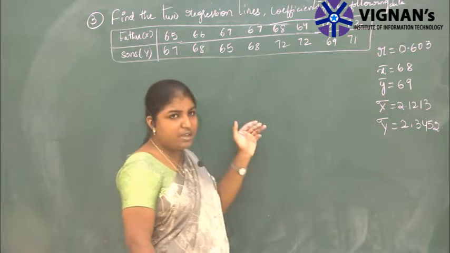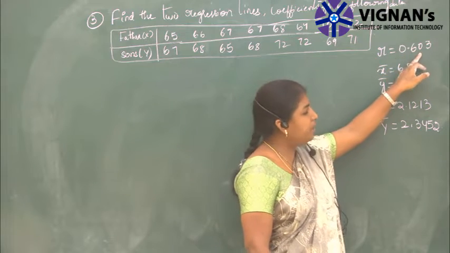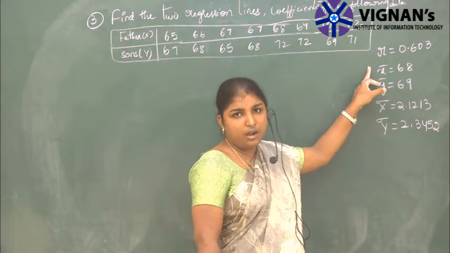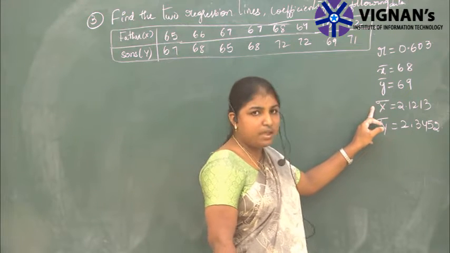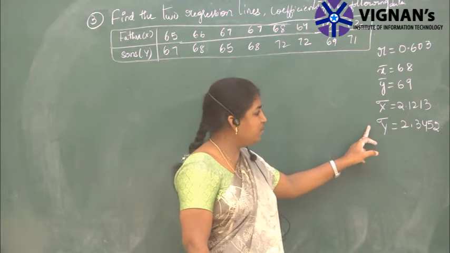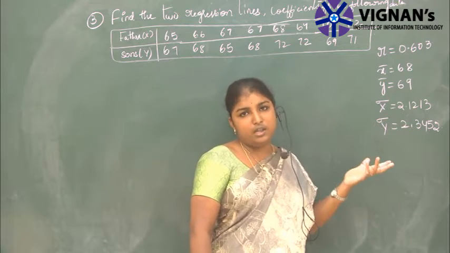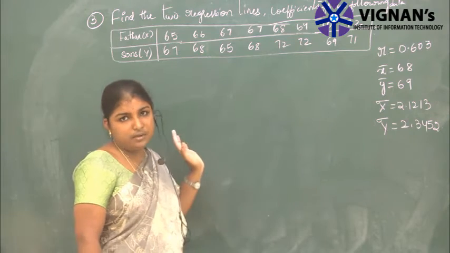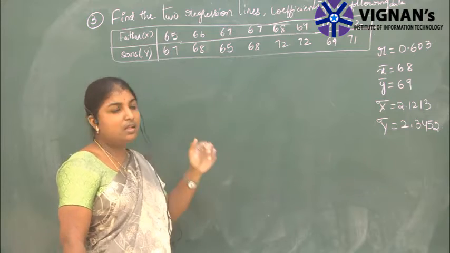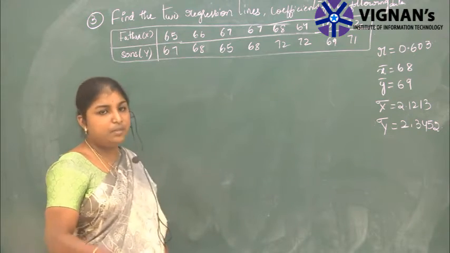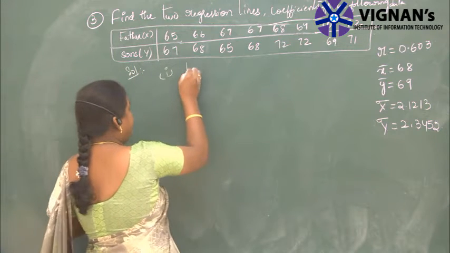So from the previous problem I am taking the values: r is equal to 0.603, which is known as the correlation coefficient, and x bar 68, y bar 69, sigma x equal to 2.1213 and sigma y equal to 2.3452. So I am taking from the correlation problem, same problem we did there. Okay, so using these values now I am finding the coefficients and the regression lines. So first one is regression line